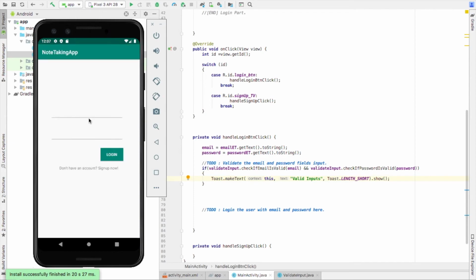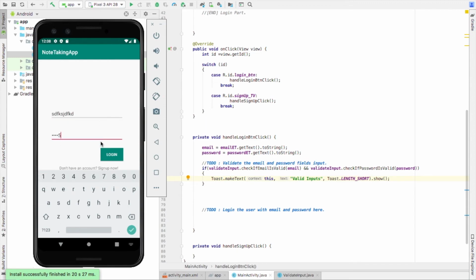See, now you can see that this is our email field and this is a password and login and then sign up text. Okay, so now we'll enter email in the email field. We'll just write some random stuff here and then we'll give it some password. Then it will show us, see, please enter a valid email ID. It is showing.